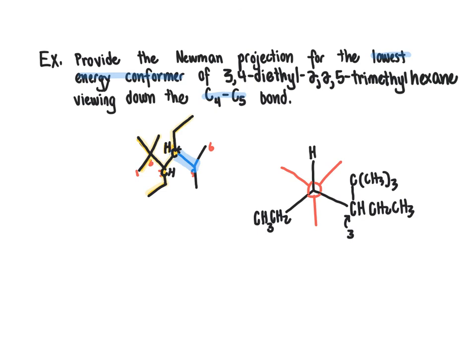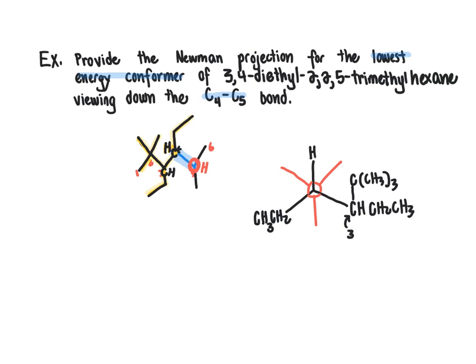All right, next up, we need to fill in what's directly bonded to carbon 5, because carbon 5 was the second carbon atom of our frame of reference. So I'm going to put a red circle around that carbon number 5 for emphasis, because that's what's represented by a red circle in our structure over here. That carbon number 5 is directly bonded to 2 methyl groups, and it has to directly be bonded to a hydrogen as well. So to make the lowest energy conformer here, which we're asked to do in the problem, we